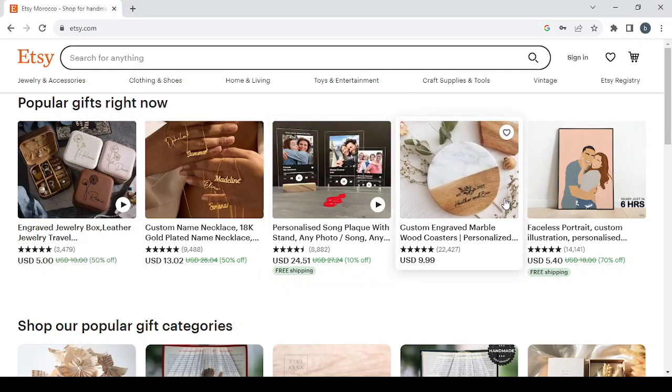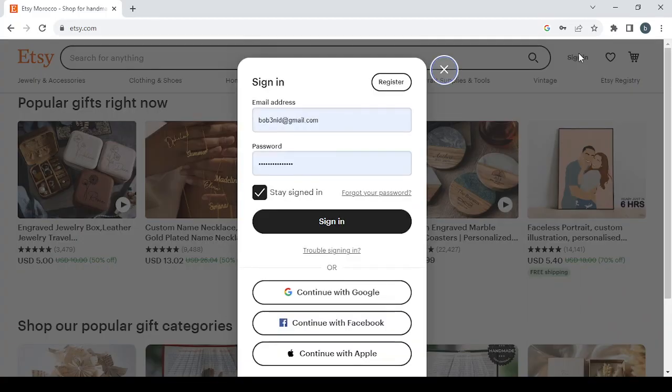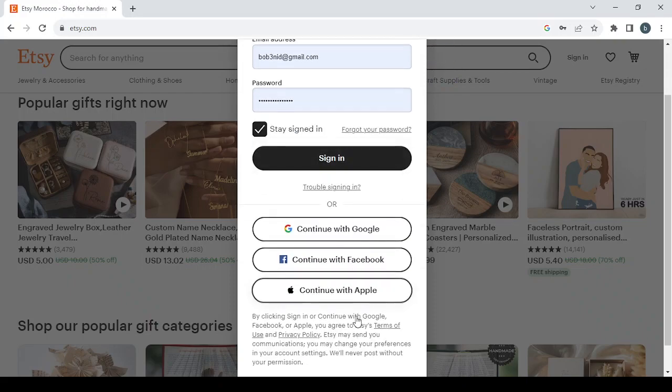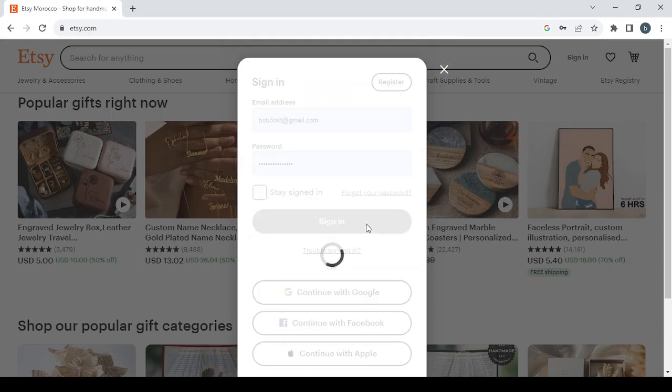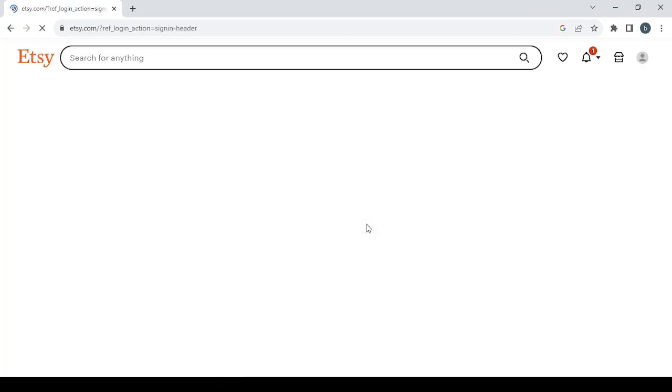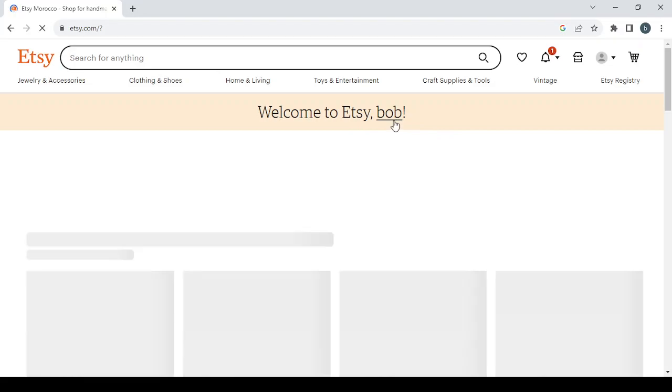So let's get started first by clicking on the sign in button, and if you already have an account you just type in your email address and your password, and if not you just click on register to create a new account, or you just continue with one of your socials. So here I just click on sign in, and then as you can see, welcome to Etsy plus your name,